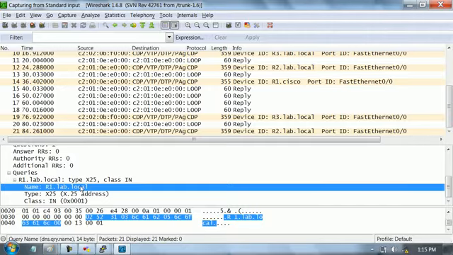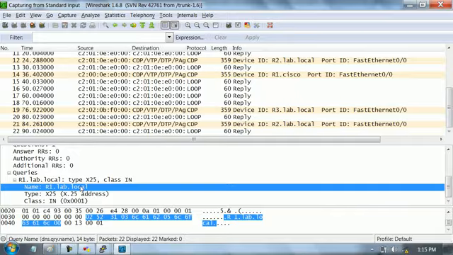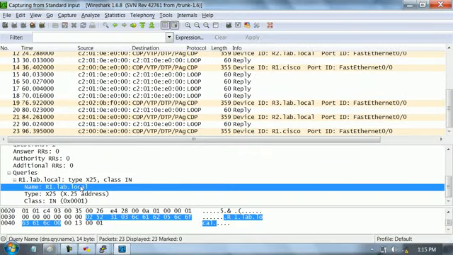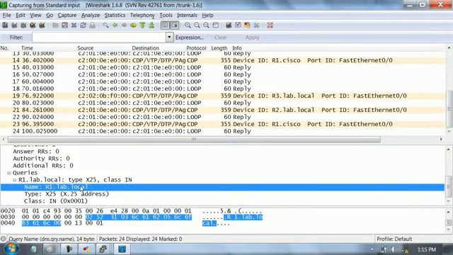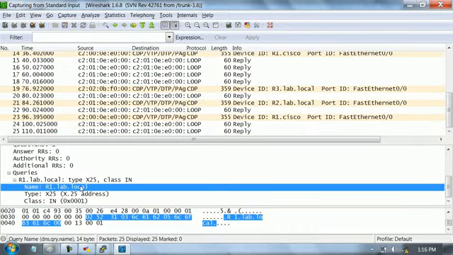Again, I am a client. I am sending a request to the server. Whenever a domain name is defined on a client, what will the client do? The client will add the host name plus the domain name. I am actually sending a query for R1, but because the domain name is defined on the client,